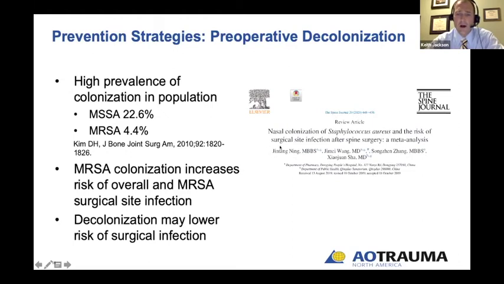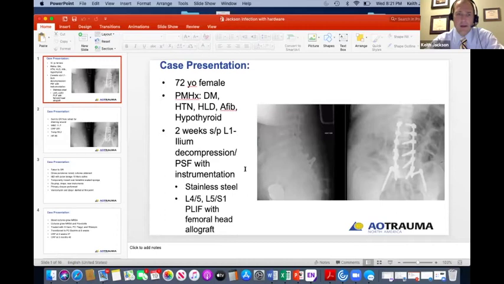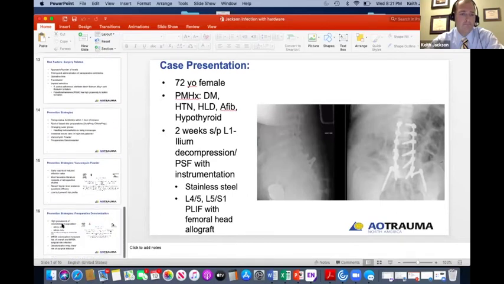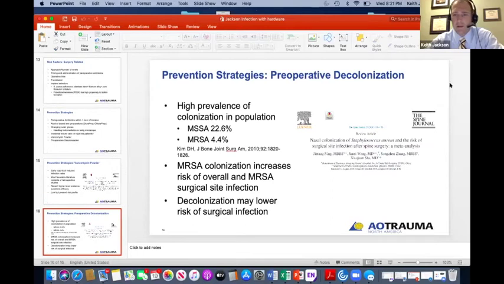on nasal swabs. The meta-analysis that I lost my slides. The meta-analysis that is